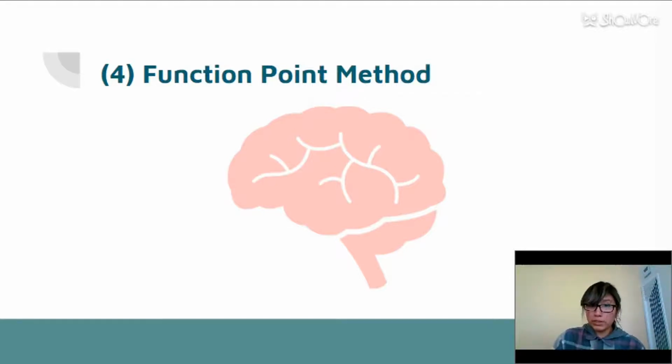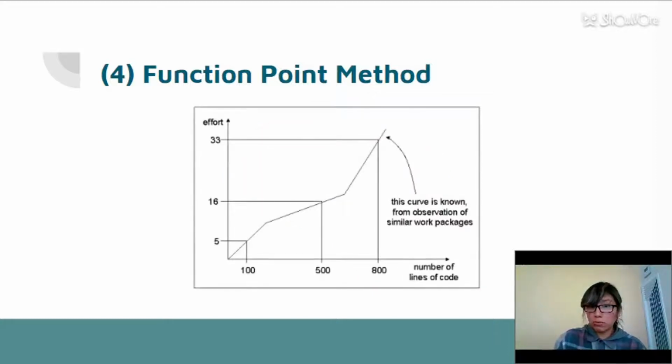In the following example, we estimate the effort of work about creating 100, 500, and 800 lines of code. We obtain the effort via the corresponding function points of the function curve, 5, 16, and 33 working days,